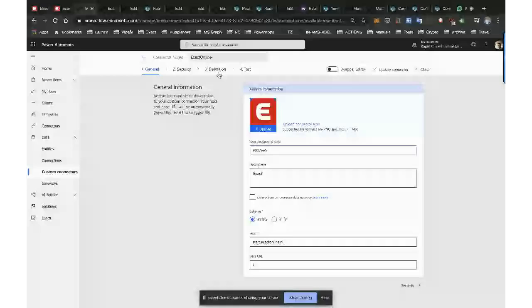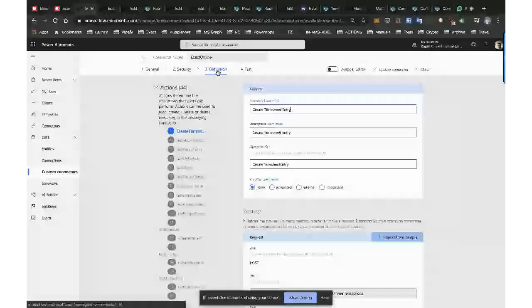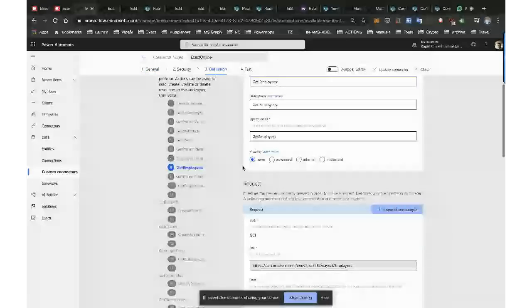So moving right along, what you can then do with Flow is I can come over here and create what's called a custom connector. Just going back in here on the left-hand side, you can see there's this custom connector section. I've got a custom connector called Exact Online. And if I edit that and go to my definition, what you see is I've baked in a whole lot of APIs over here